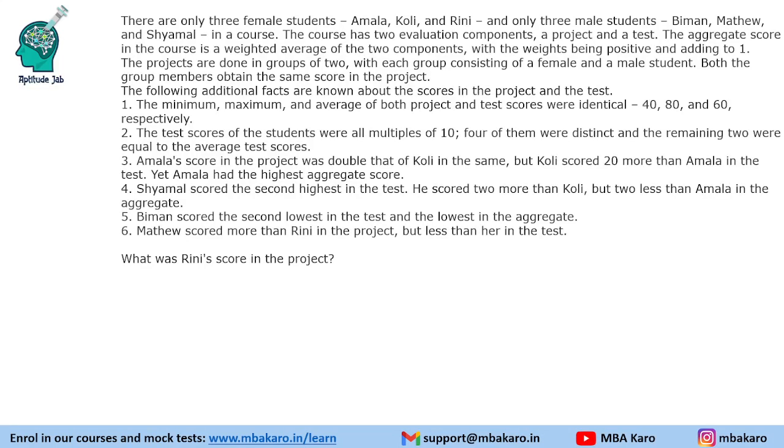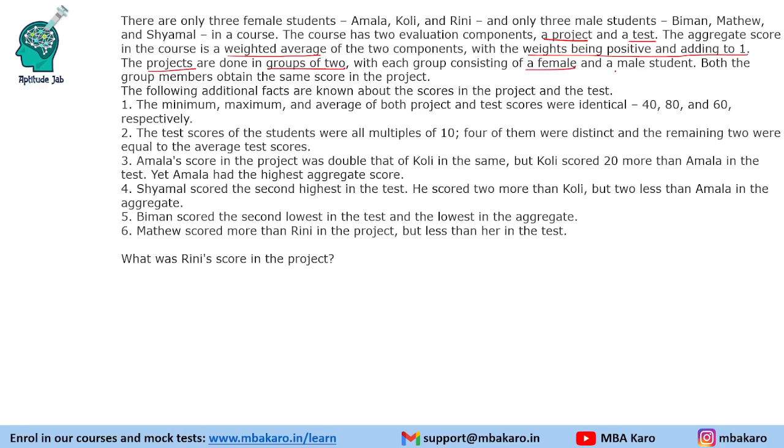This set from CAT 2023, slot 3 DILR says that there are only 3 female students, Amla, Kohli and Rini, and only 3 male students, Biman, Matthew and Shyamal in a course. The course has 2 evaluation components, a project and a test. The aggregate score in the course is a weighted average of 2 components with the weights being positive and adding to 1. Okay. So, we are given that the projects are done in groups of 2 with each group consisting